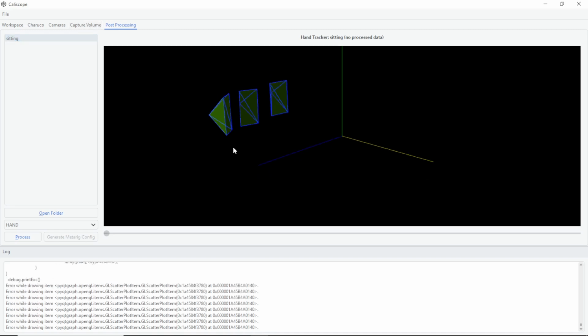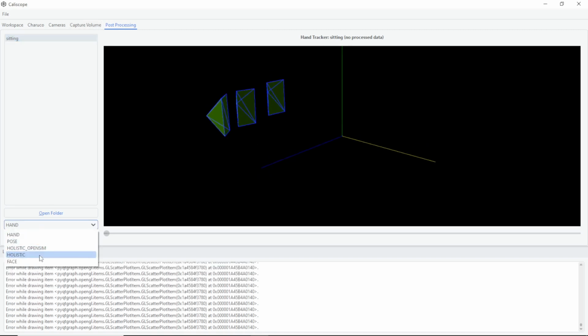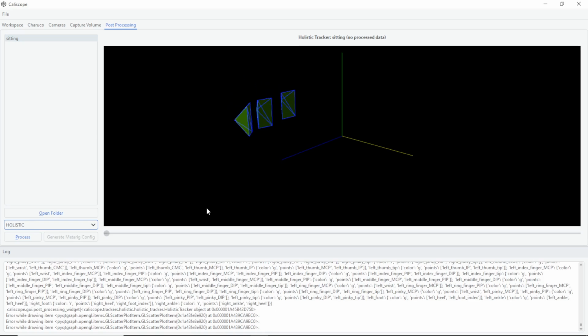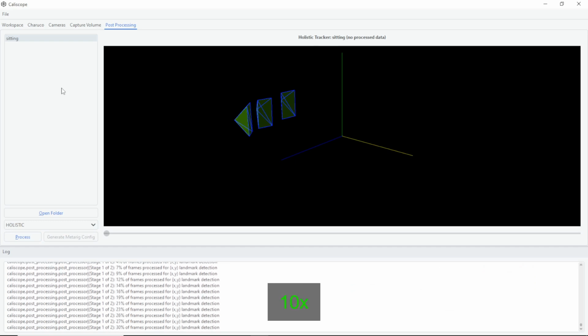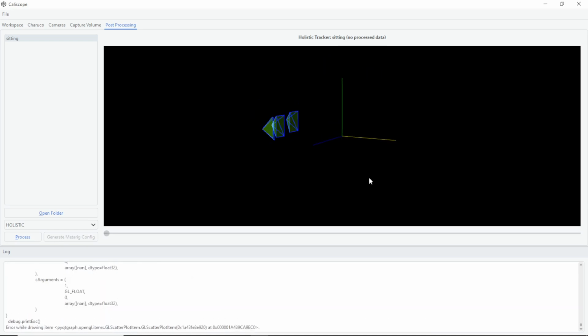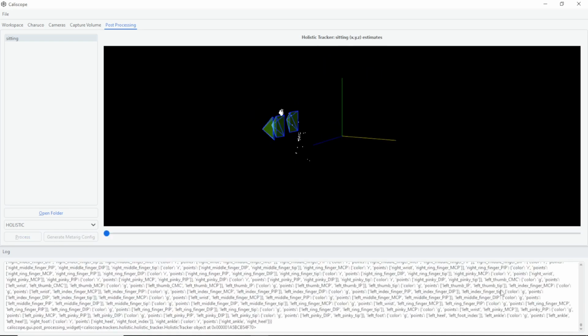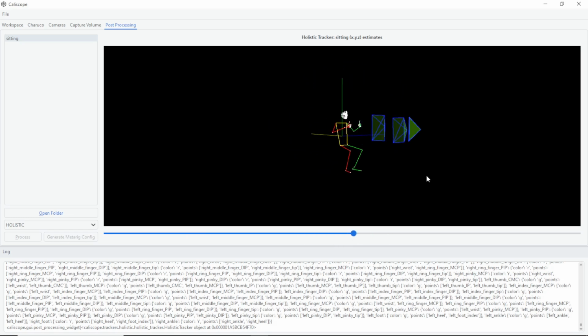So the origin set, we are in post-processing, and we will do the entire holistic model, and can begin processing that. And then here we are with a simple wireframe model of triangulated points,